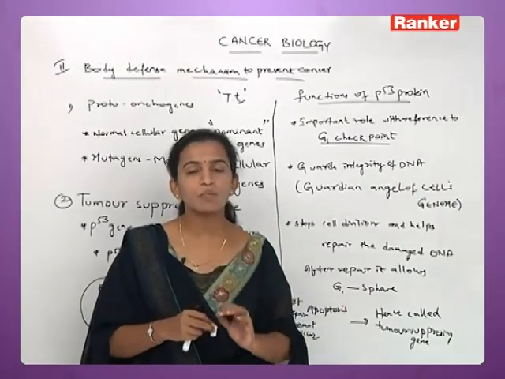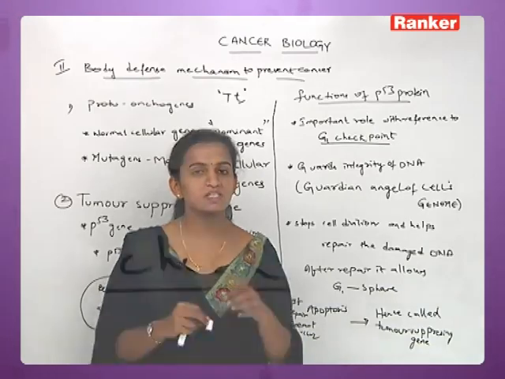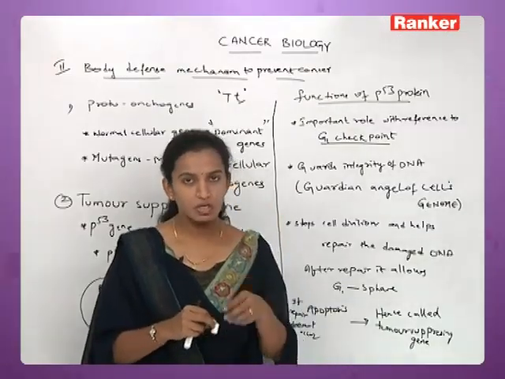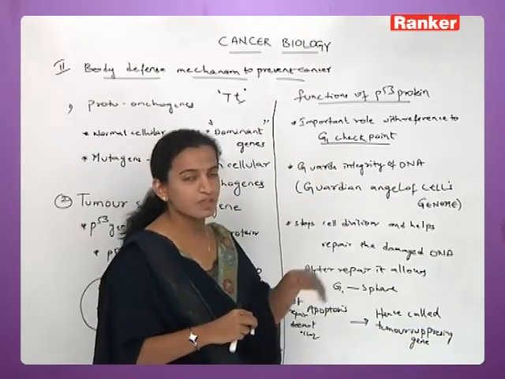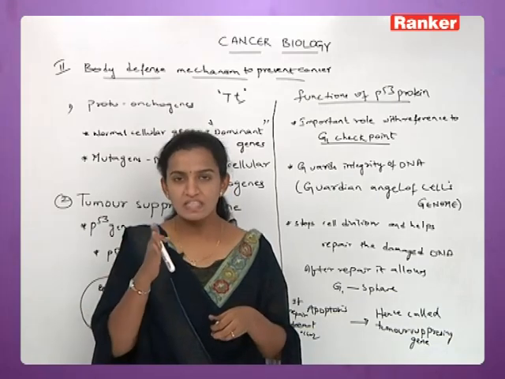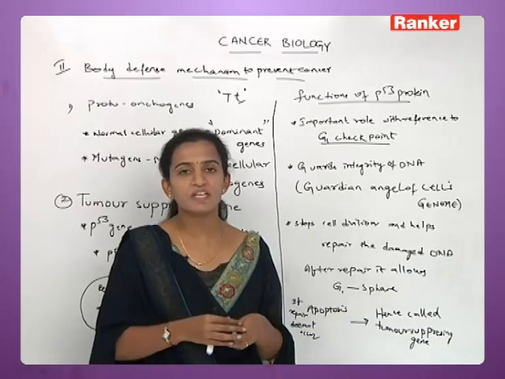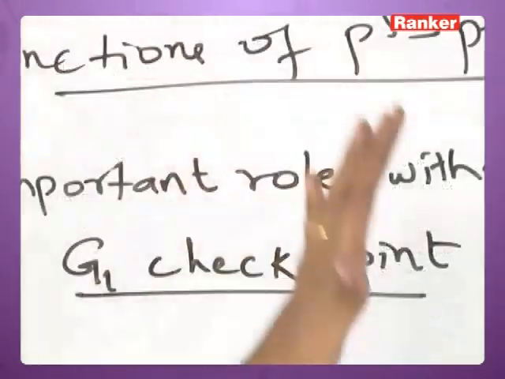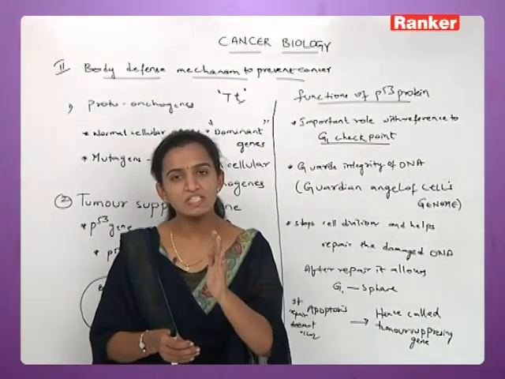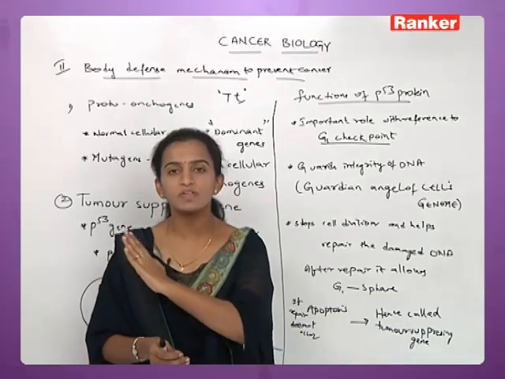Now, G1 checkpoint is the one, actually you know the cell division, mitosis and meiosis, there you can see the G1 phase present in one of the cycles of the division. So G1 checkpoint, that means if at all the cell wanted to divide, there is a stage called the G1 phase. Now, if the cell wanted to cross that phase, it needs to go under the control of P53. P53 will check the cell in G1 stage and it allows the cell, okay, you can go for the division.